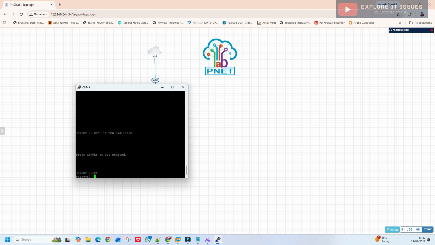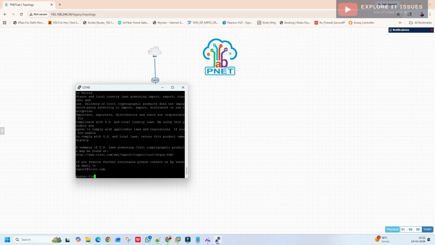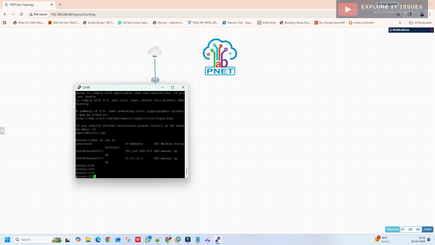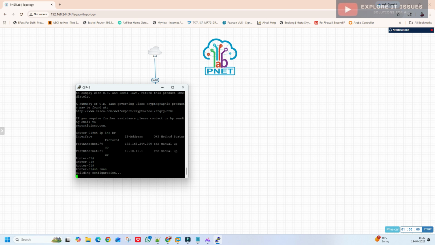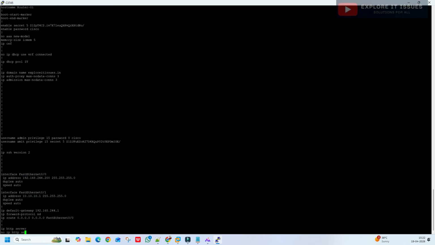Enable, enter the password 1234, and show version, show ip int br for interface information, and show running configuration. Okay, hope you are able to see.